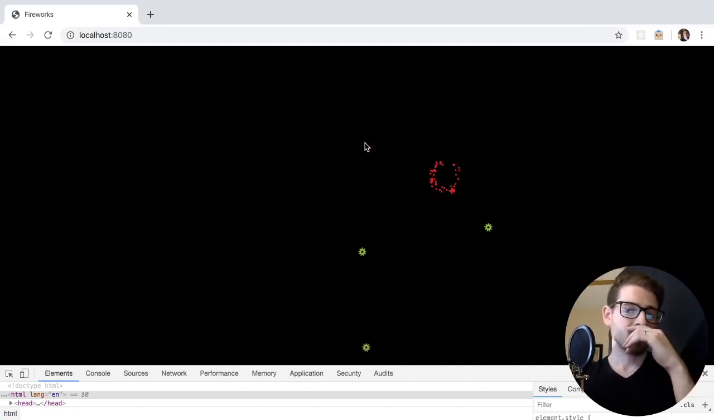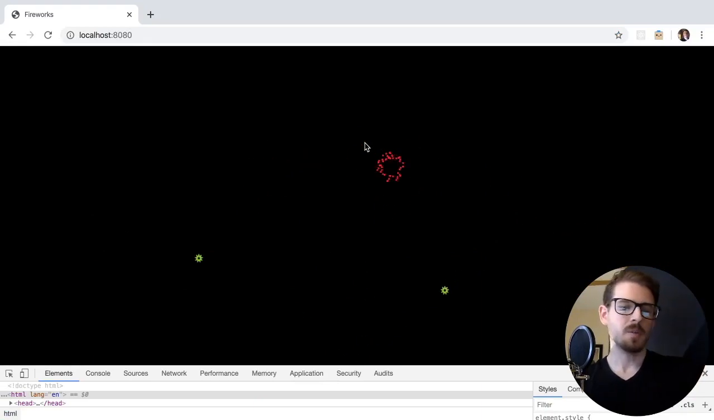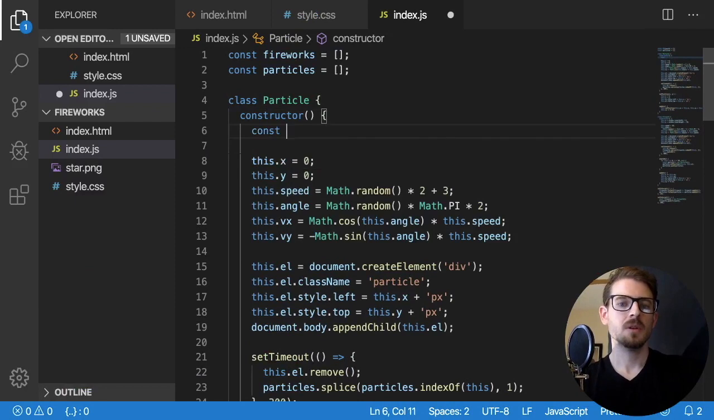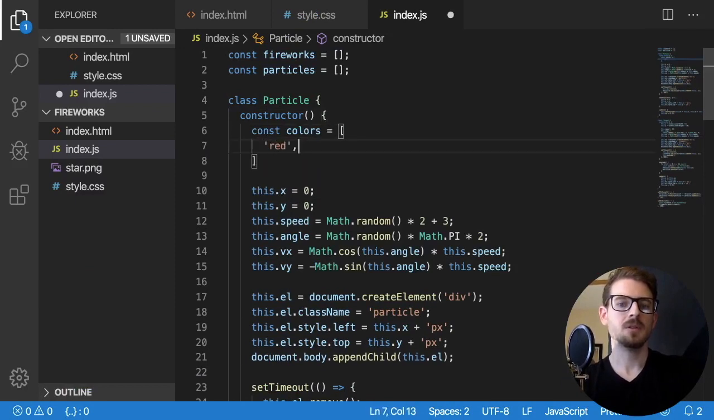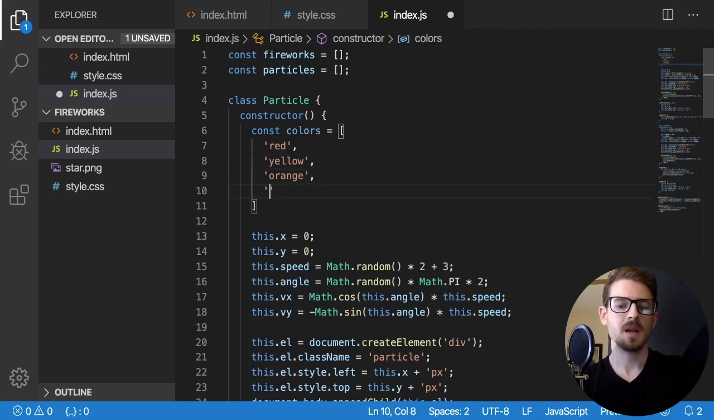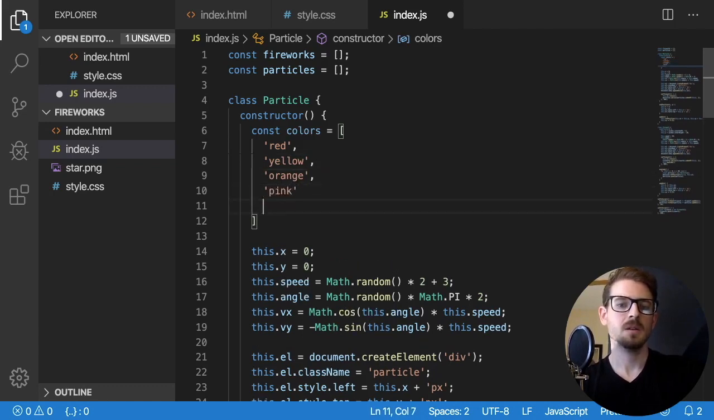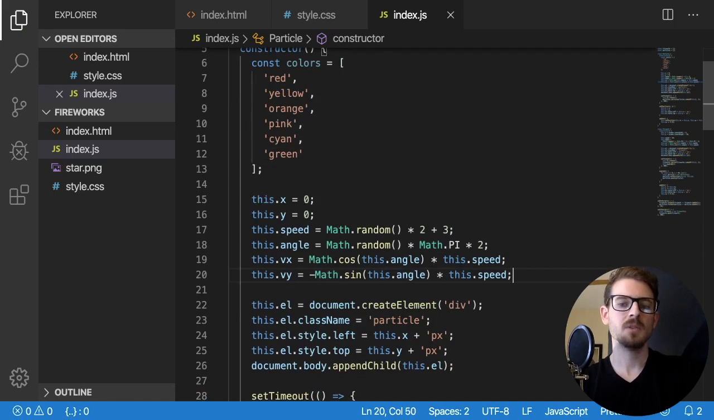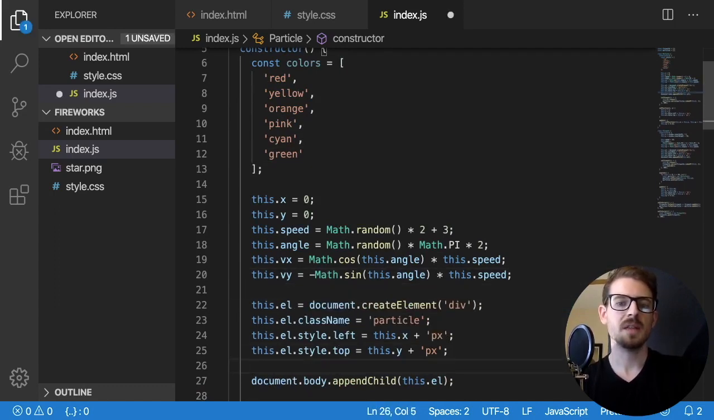I just want to change up the colors a little bit. So one thing you could do is as we spawn particles, we could have a colors array of different colors. So red, yellow, orange, I don't know, pink. Do cyan. We could do green. I think that's enough colors. And what we want to do is just basically set the style of this to the color that we pick over